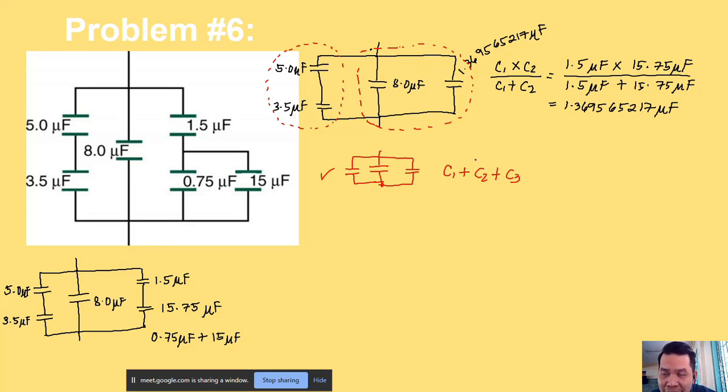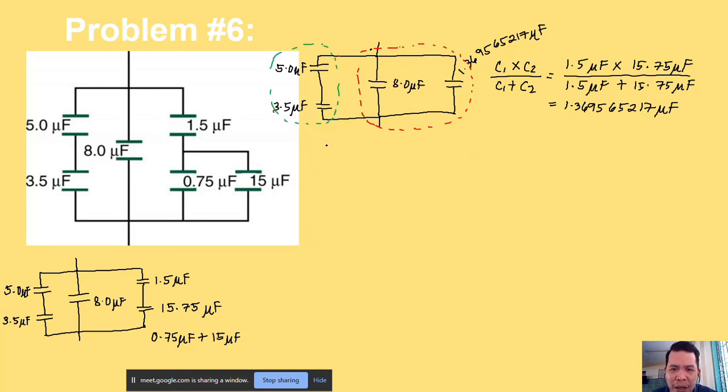So, parang mas madali siya at mas efficient siya kung baga. So, these two capacitors become 1. So, mangyayari po sa diagram po natin, maging ganyan na po siya. Ayan. So, this is 8.0 microfarad. At ito naman is si 1.369565217